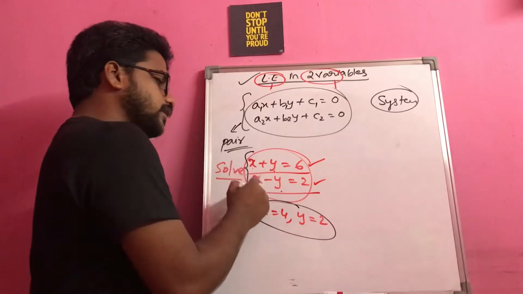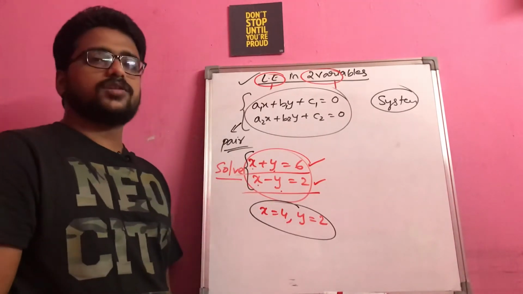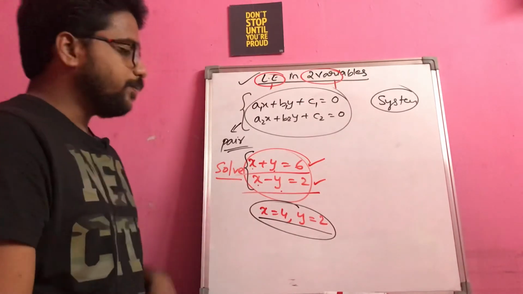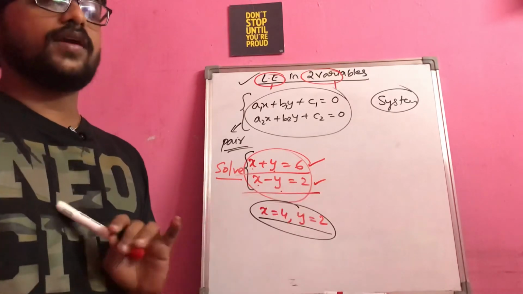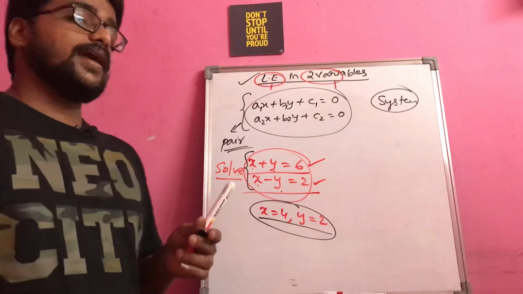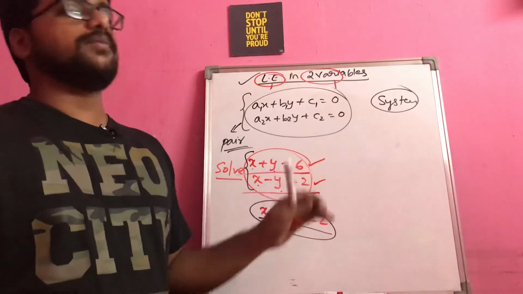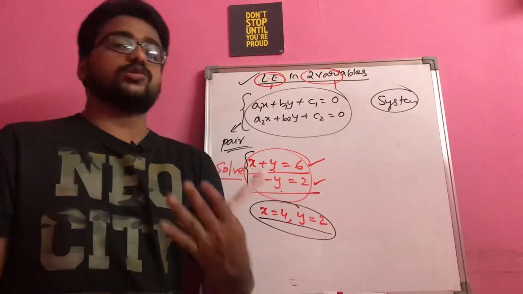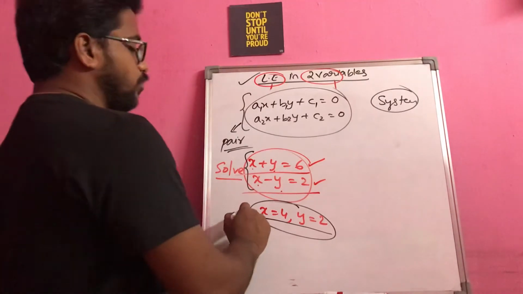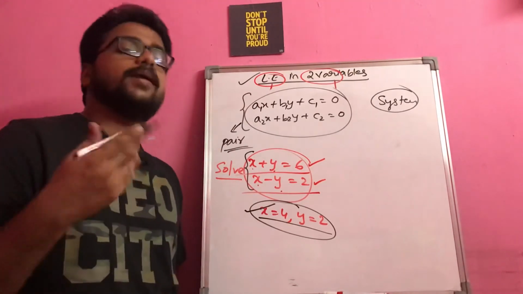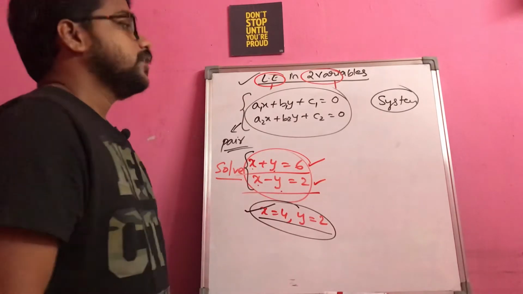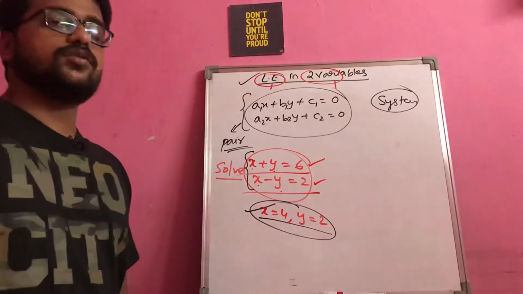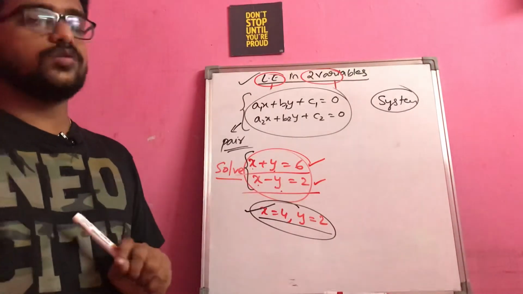Observe here, this is a very simple equation, so you can go ahead with the direct trial and error method, and because of which you got x equal to 4, y equal to 2. Let us take a case where I give some 2-digit or 3-digit numbers as constants. In that case, it is not possible for us to identify whether it will have only one solution like this or multiple solutions like this. So this pair of linear equations sometimes may have a solution, sometimes may not have a solution.